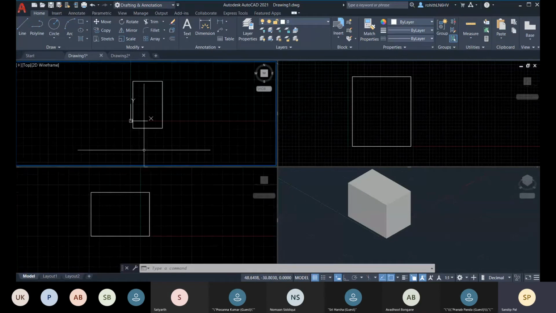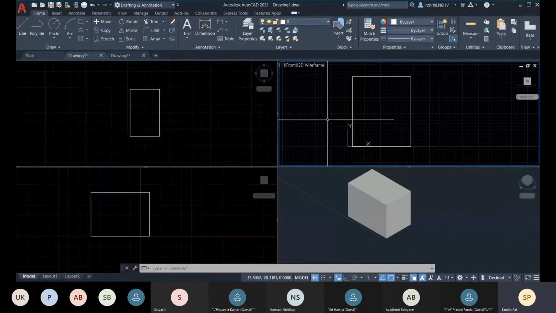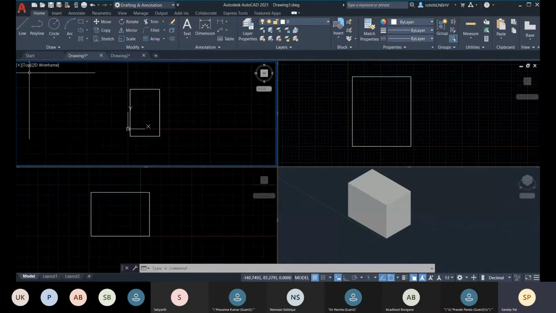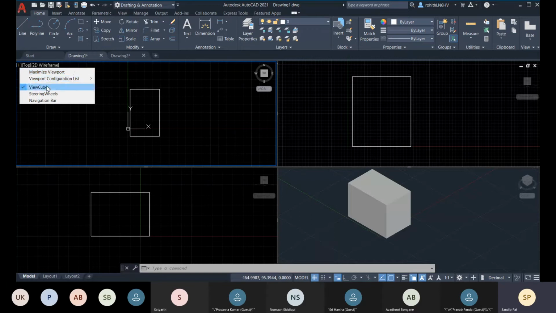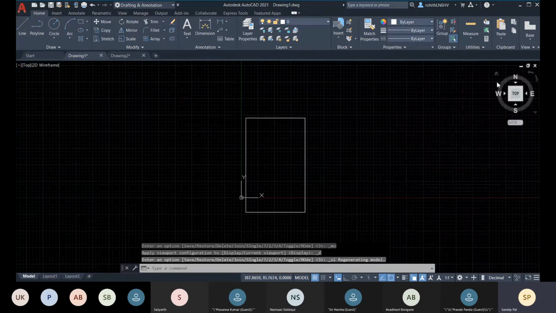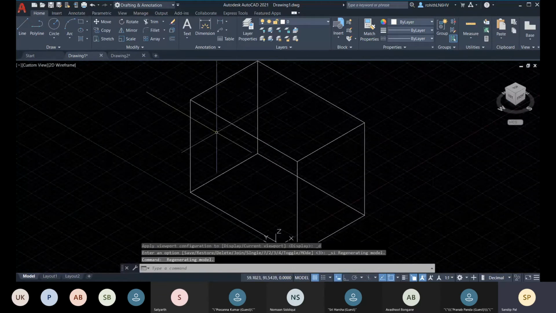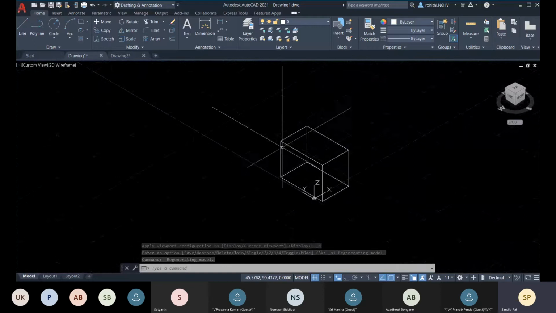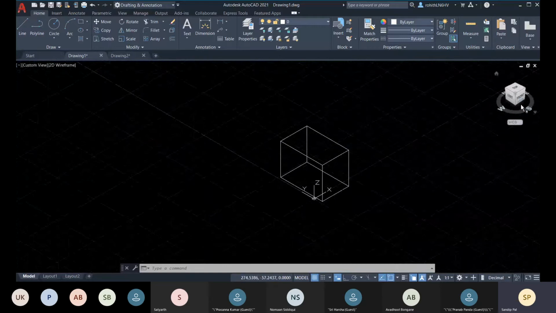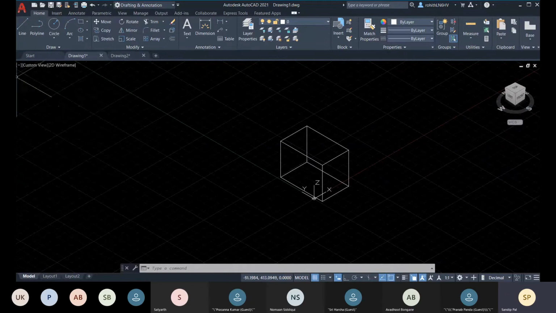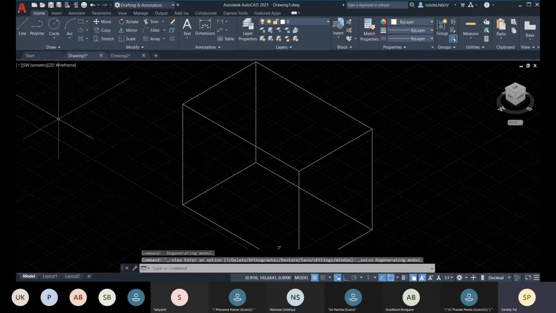So you have this. Okay, and you can merge it to single. You can maximize this viewport, or you can choose single. So here you have the single, and here you can also change this. Right now this is the parallel projection. With this parallel projection, I'm having SW, southwest isometric. You can choose southwest isometric.